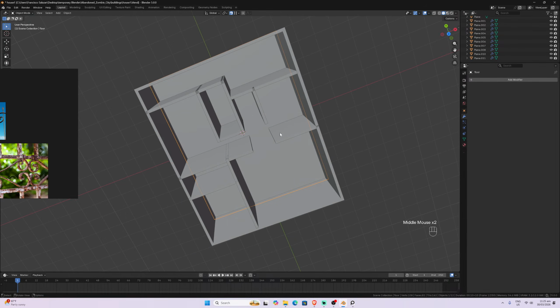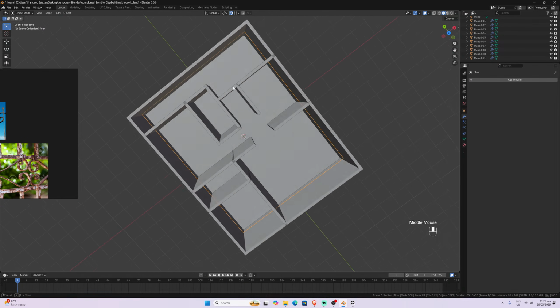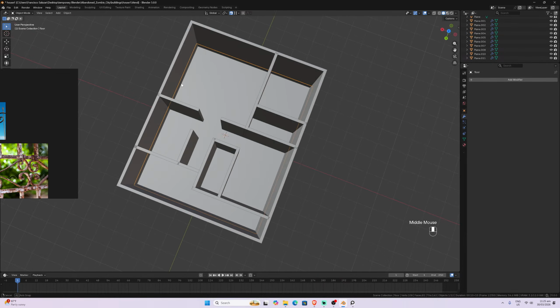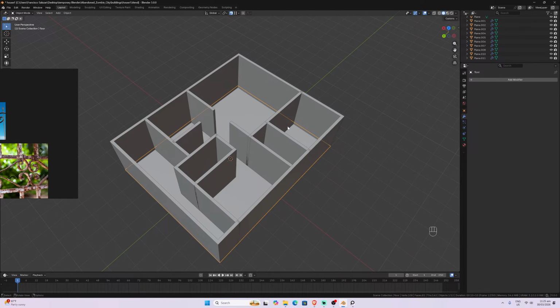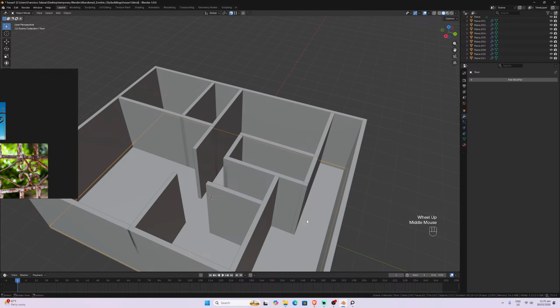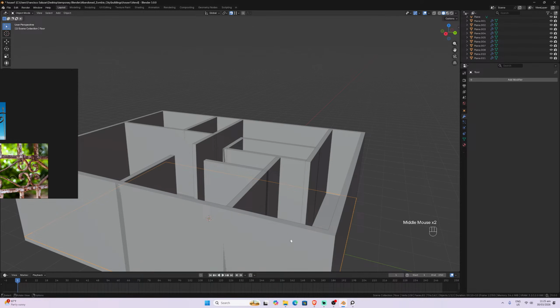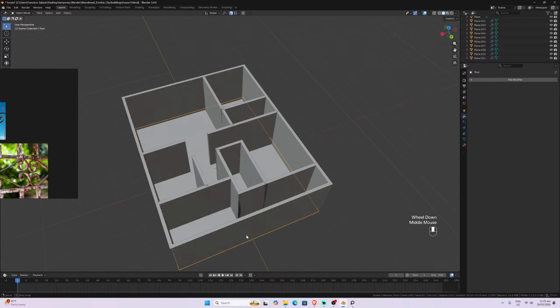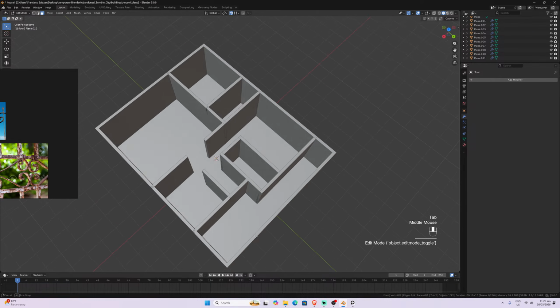I just can change the material here, just because the backyard is going to have a different floor. Maybe we can keep it at the same level. Yes, okay. Don't worry, we can change that later. But we can do it like that right now. Okay.